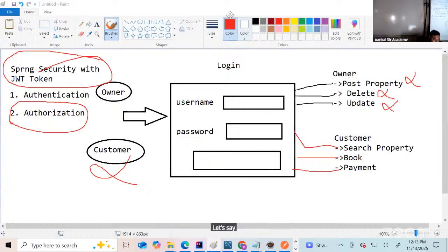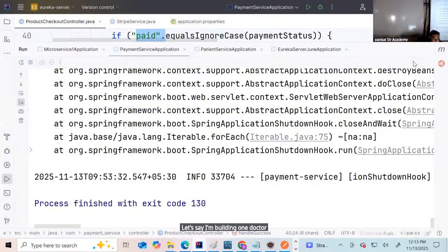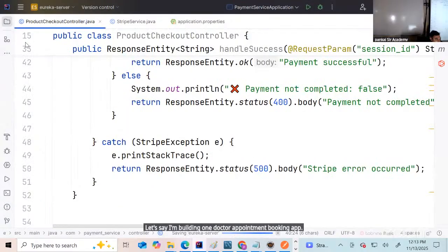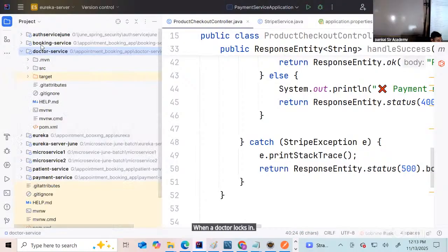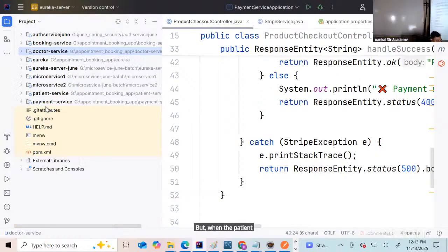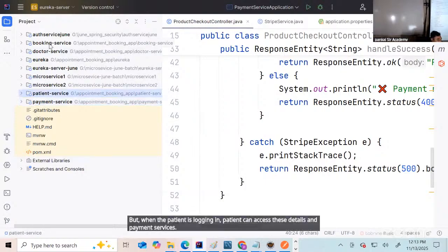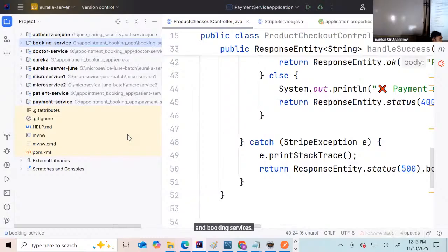Let's say I'm building one doctor appointment booking app, right? You see this here? Doctor appointment booking app. In this project, I have all the details related to the doctor. When a doctor logs in, the doctor can access all these features. But when the patient is logging in, the patient can access these details and payment services and booking services. Okay? So for this kind of development, firstly, you should know the